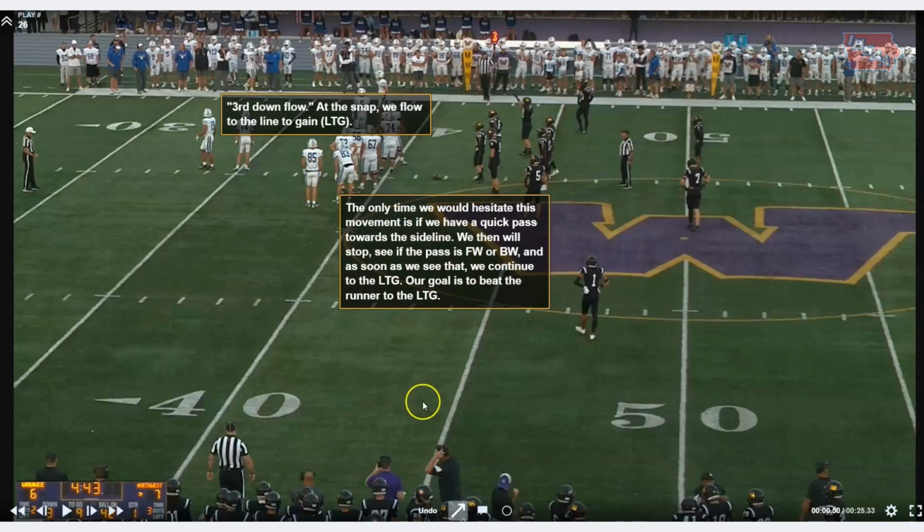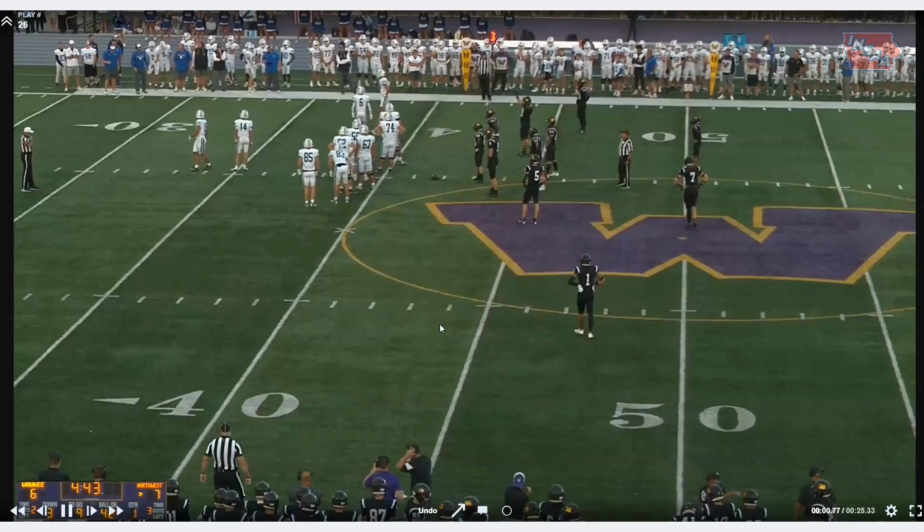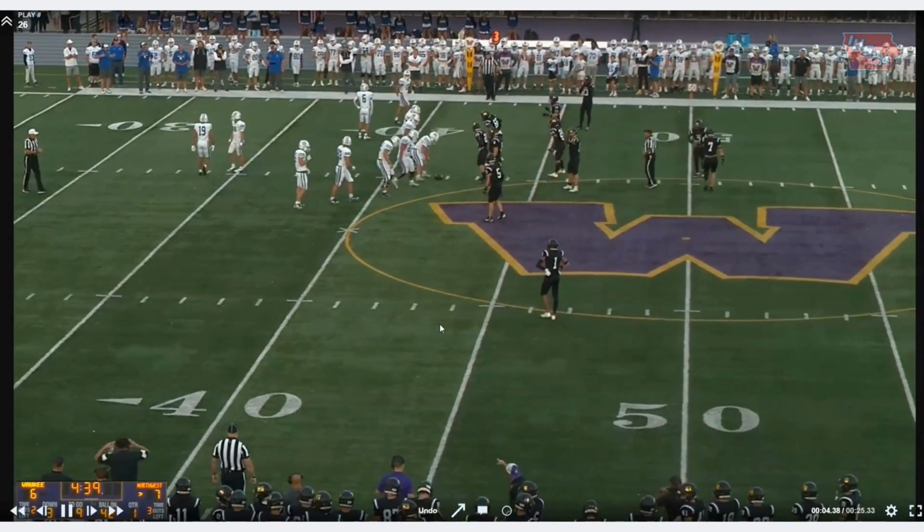The only time we hesitate on that flow, on that movement, is if we have a quick pass towards the sideline. Then both the H and the L should stop, hesitate, and rule on that pass being forward or backward. As soon as we see that pass being thrown and make that judgment on forward or backward, at that time we can immediately continue again to the line to gain. Remember, our goal on third and fourth down is to be at the line to gain, to be at that money line when they get there. So as we continue this play,